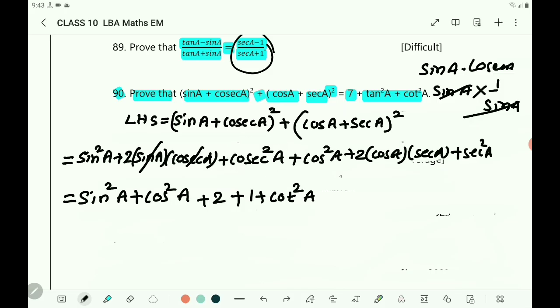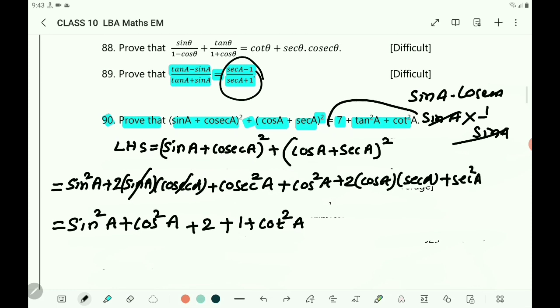Cosec square A is what? 1 plus cot square A. Why do you have to write it? We have to express the RHS in terms of 7 plus tan square A plus cot square A. Here cot square A is there. So no necessity of cosec square A. Therefore in the place of cosec square A, write 1 plus cot square A. Plus this one we have taken here. Here also cos A and secant A cancel each other. Then you will get 2 plus secant square A. Secant square A you can write 1 plus tan square A